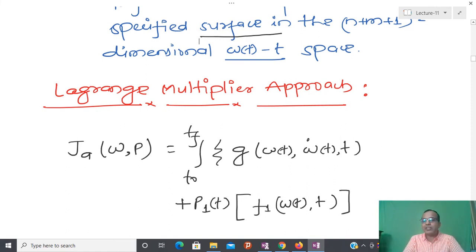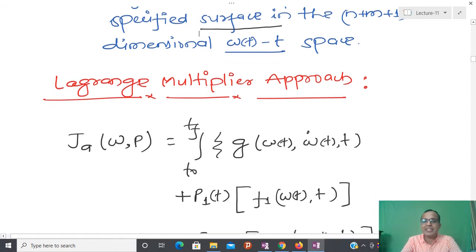And after that, what we are telling is that whatever augmented function we have works the same way when we have n plus m independent variables, everything is now independent. Then how do we solve the extremization problem? Whatever results we have learned, we are going to apply. Now let us see how one can solve the extremization problem of a functional under point constraint.